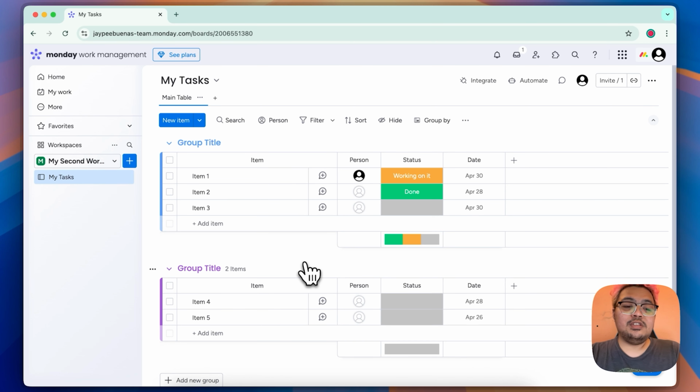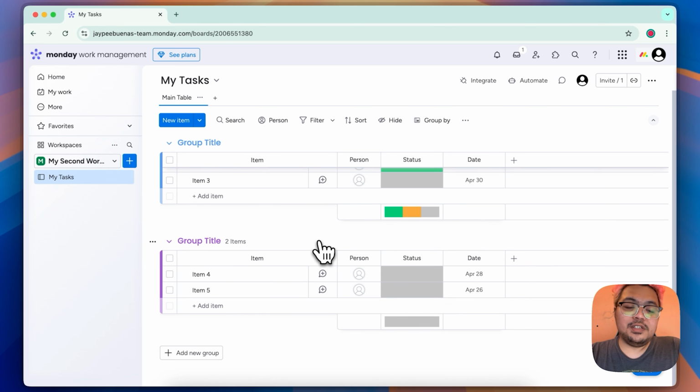The second thing that we're going to be talking about are these things. These are called groups. So groups are basically the basic structure of the boards. These are essentially how you will group your tasks depending on your preferences. Normally, if it's like a content creation board, the groups are like the stages or the phases of your specific task. To create a new group, just scroll down all the way to the bottom, click on Add New Group,